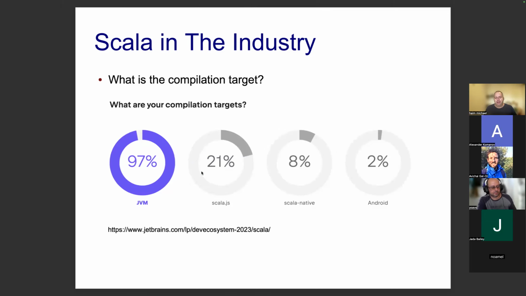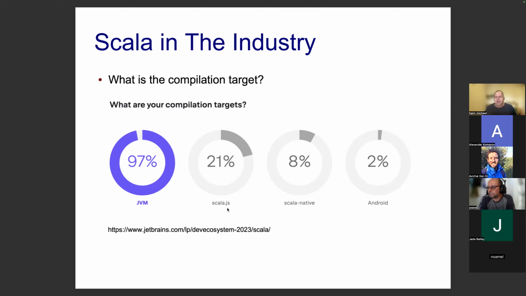Now, another question, and the answer for that is coming from a survey delivered by JetBrains. That indicates that most Scala developers develop for the JVM. This is their target. The use of Scala.js exists, but I'd say it hardly exists.